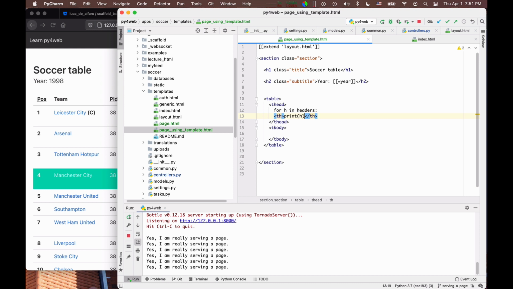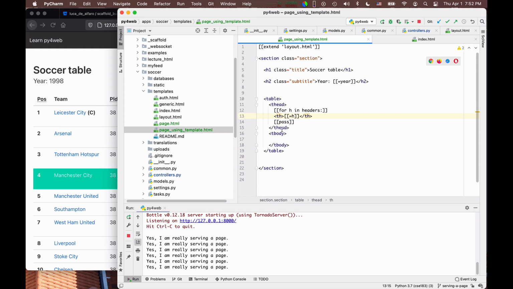But I cannot do this in the templating language. I need to do something that is close but not quite identical. So the instructions for the templating language are enclosed in these pairs of opening and closing brackets, and this is a for loop. Because indentation doesn't matter in HTML, I need to close loops with a pass, okay? And instead of print h to output the content of a variable h, I simply do exactly what I do here for the year. So I open and close and say equal h, okay? So this will loop over the headers and print out a header.